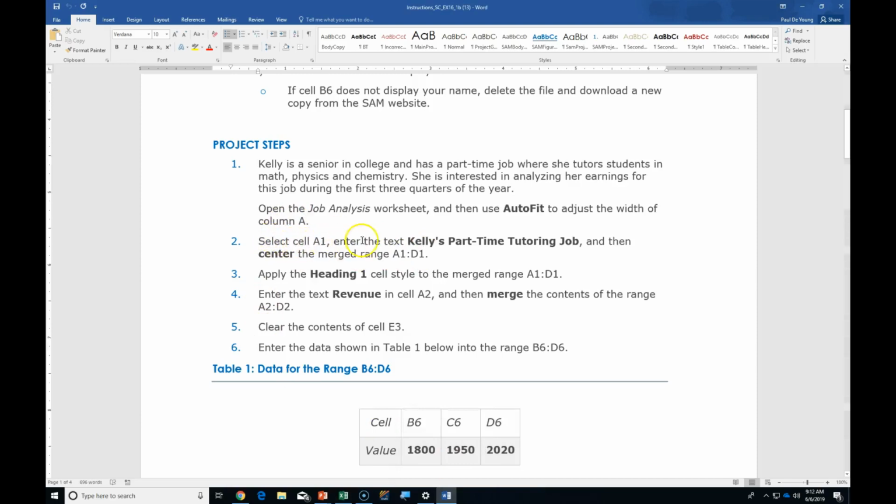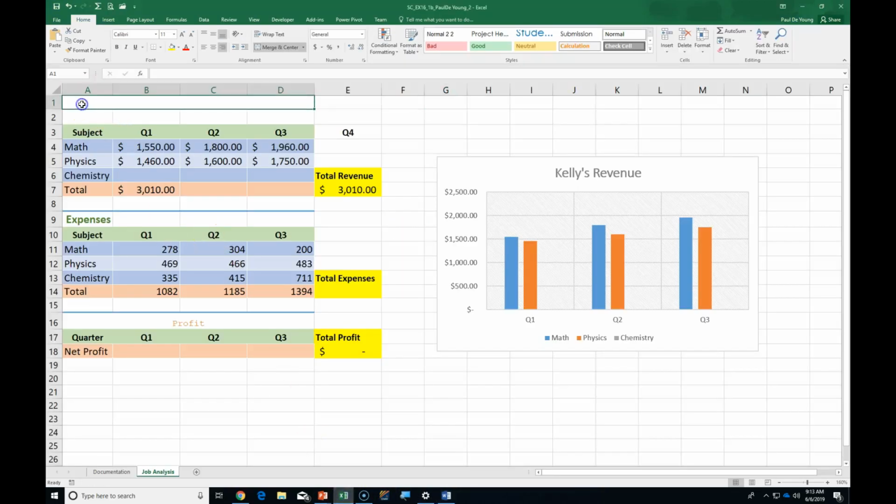Now it says select cell A1, enter the text Kelly's part-time tutoring job. So I'm actually just going to highlight this and copy it. So let me highlight it. All right, so I'm going to go to cell A1 and we're going to type Kelly's,